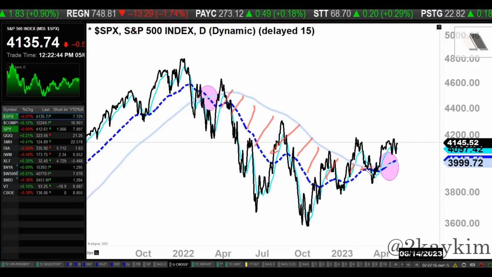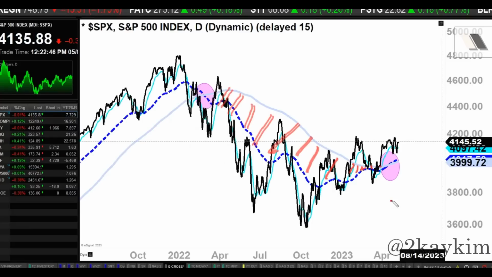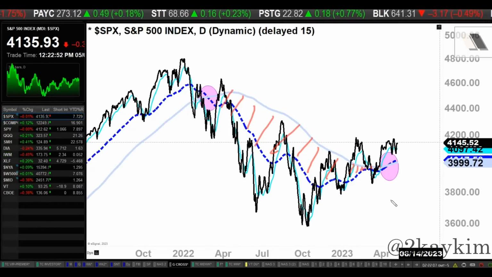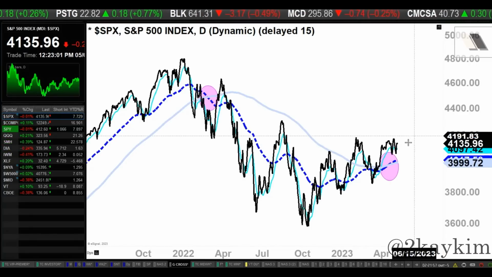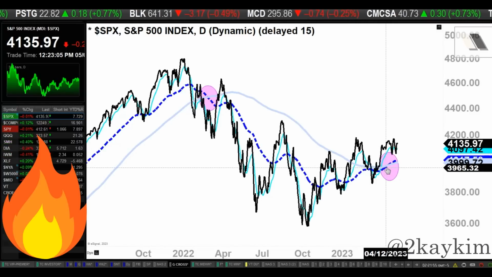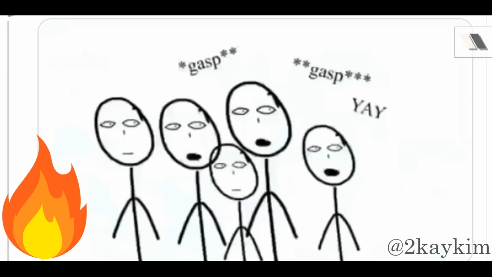Now it's May, early April, but this thing started to really tighten up in early this year. So I've been following this, and I wanted to see how this was going to pan out. Is this going to get close and then reverse back down, or is it going to get close and then cross up? It actually crossed up. Perfect. And it's been crossed up like this for about a month now. And you can see they're fully crossed up now.